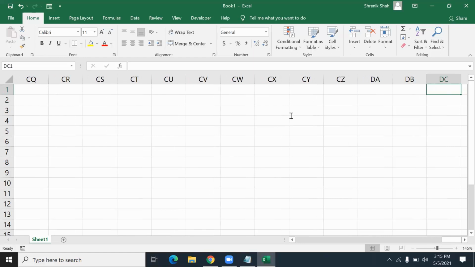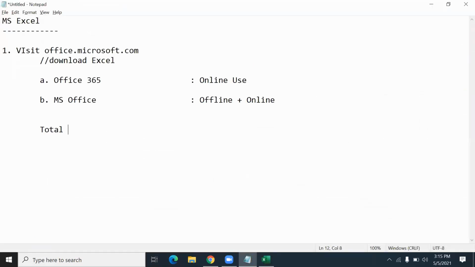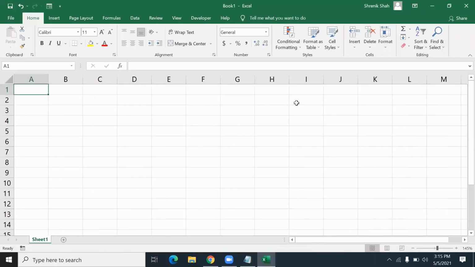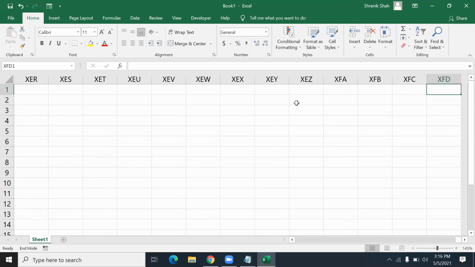Just for information, in Excel, there are a total of 16,683 columns. So there are many columns. Even you can count them. How to count the columns? To count the columns, we use a formula. Before that, I'm pressing the control key, and I use the right arrow button to go to the last. So the last column is XFD.